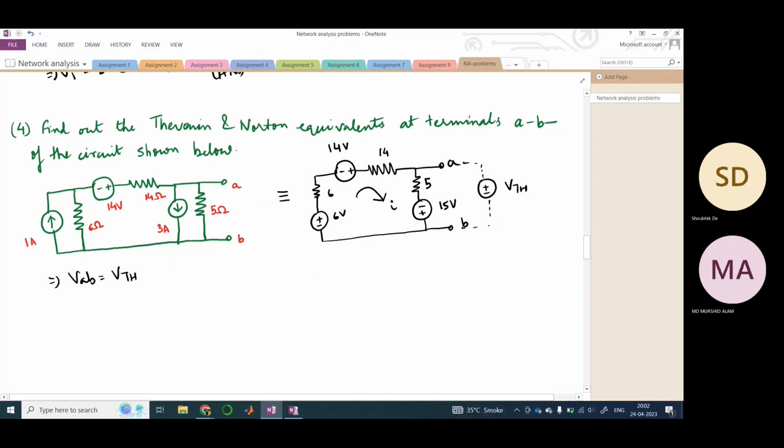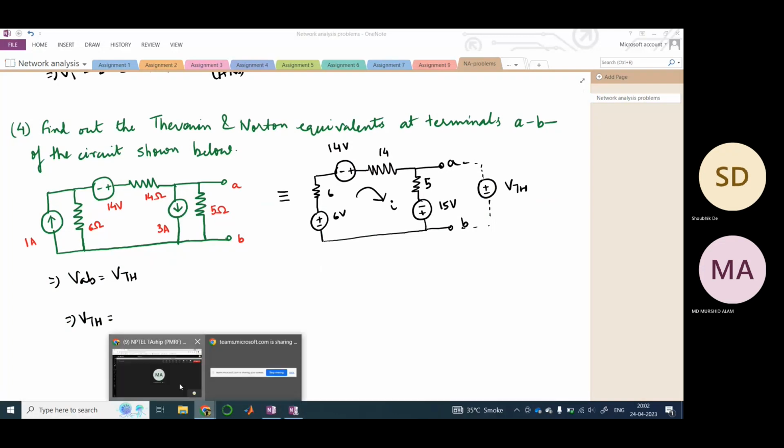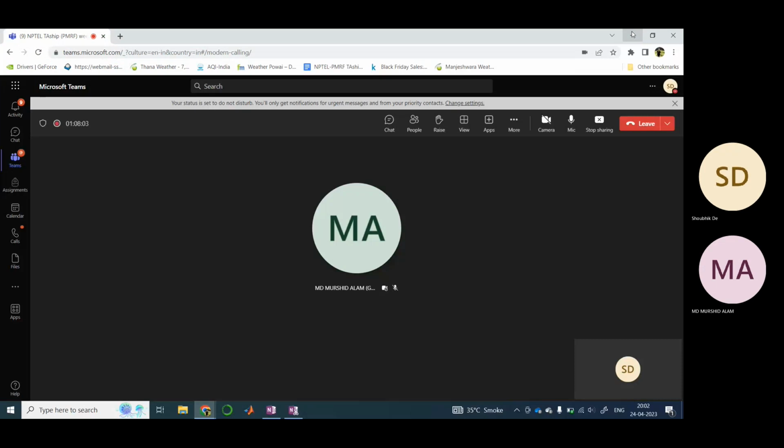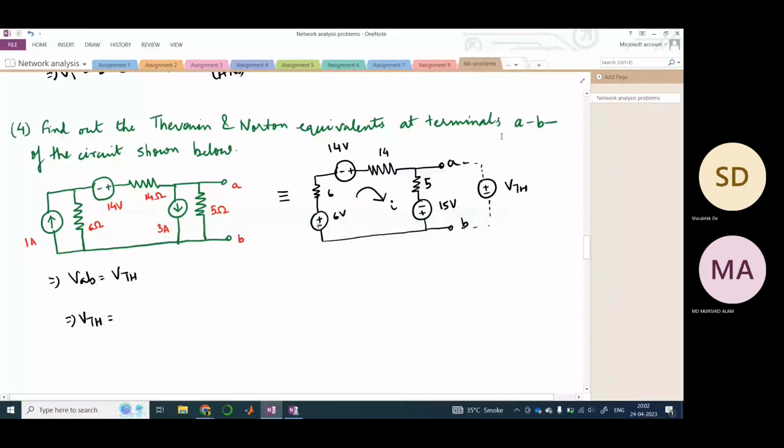So you don't need to solve the circuit to find the current I, but if I tell you to write the value of VTH directly looking into the circuit, how would I write VTH here? Can you tell me if you are still in the meeting, Murshid Alam? Yeah. So 5 I minus 15. Yes, yes,